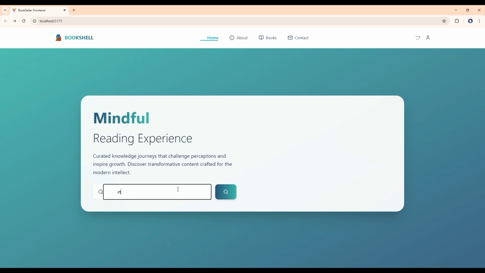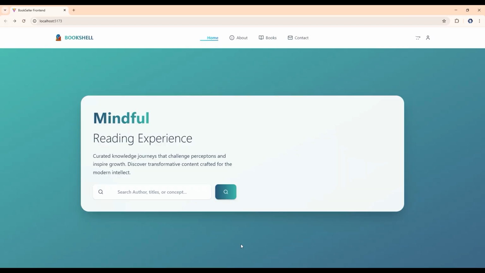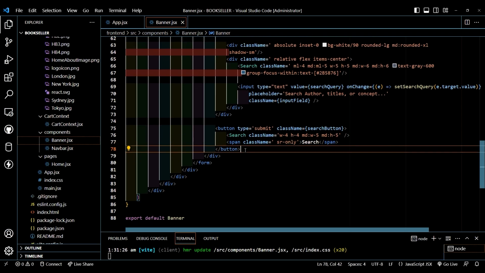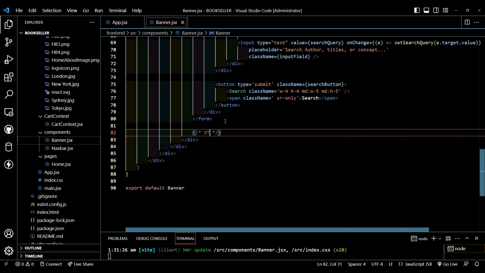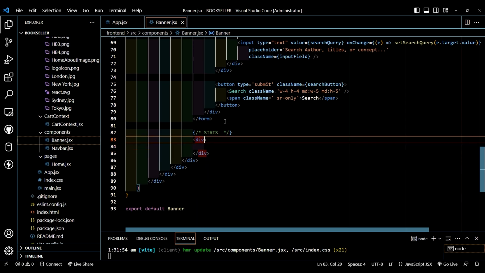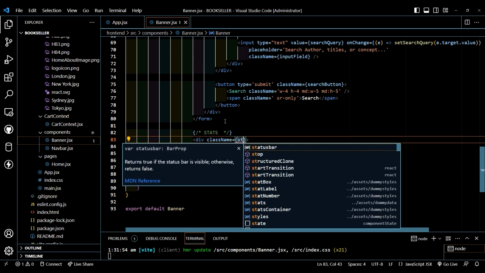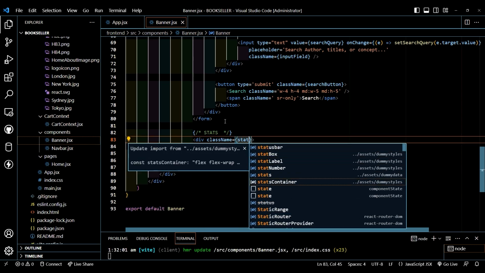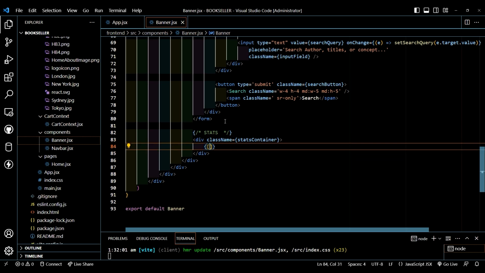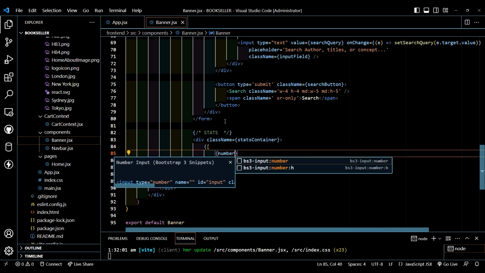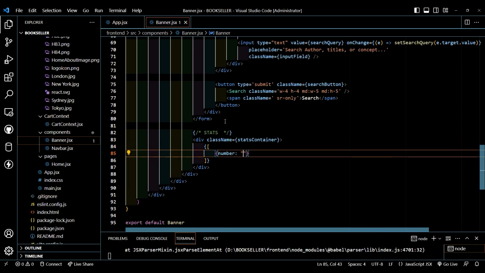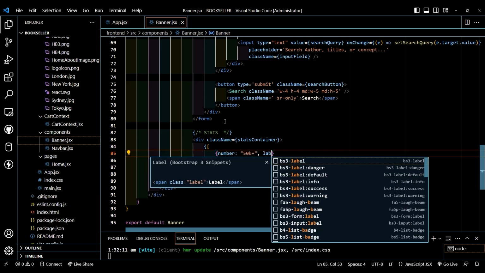Now let's type here RT and search, so it will take you that particular route. So it's working fine. Now after this form tag, let's create our stats. So now after this, give a div, give class name stats container. Then inside this, let's give the data, that is number 50k plus, and put a comma here,